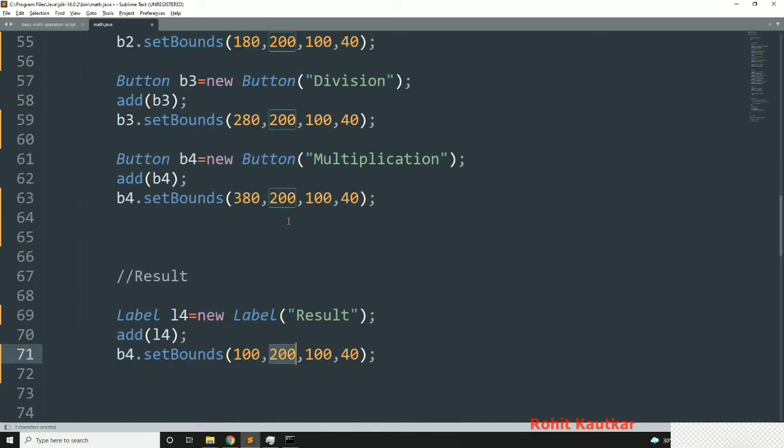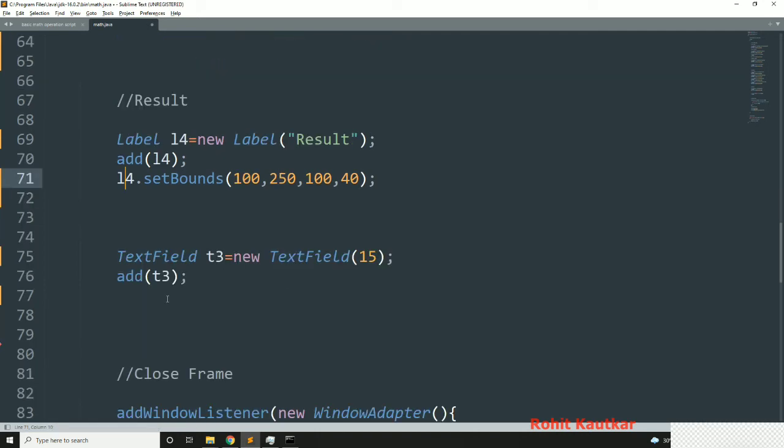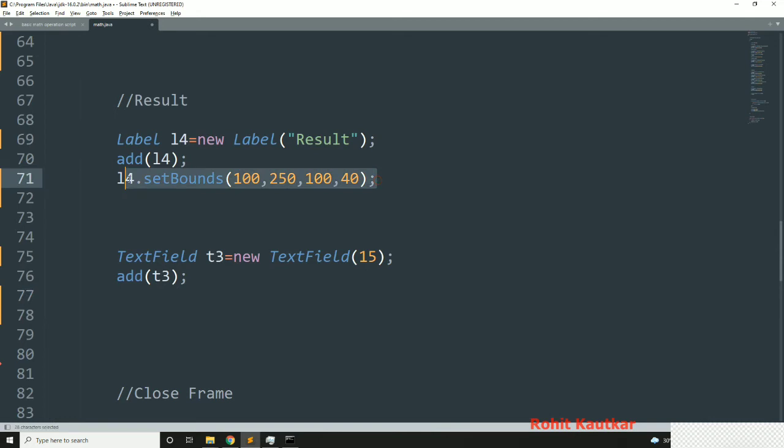Y will be 250. Okay, this should be L4, and now in front of that we want to display this text box, so here we will write T3.